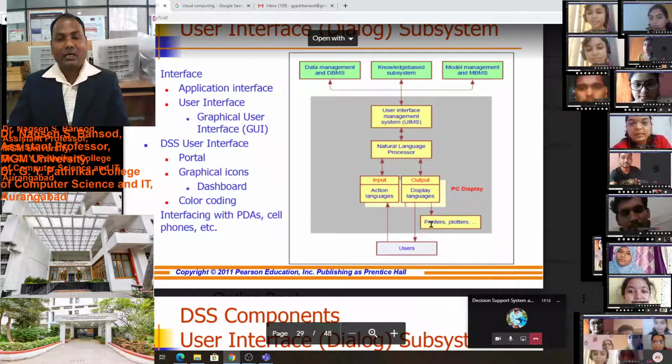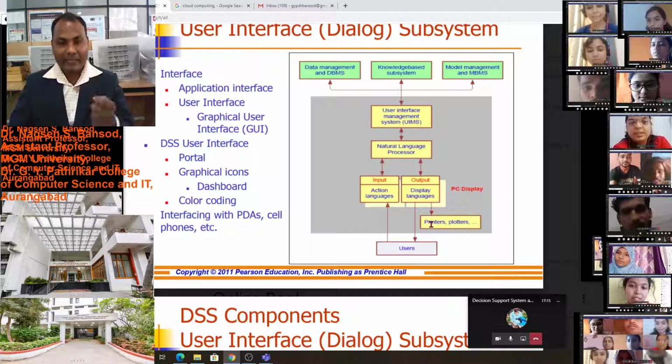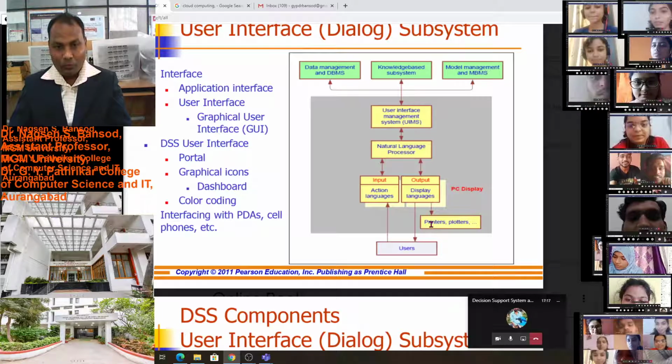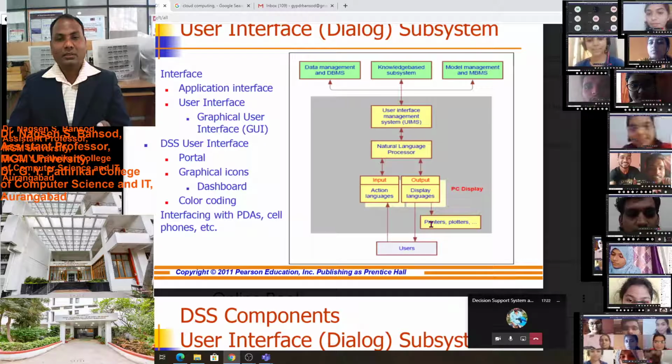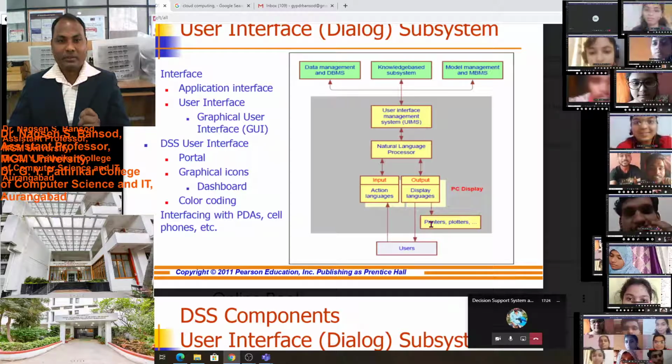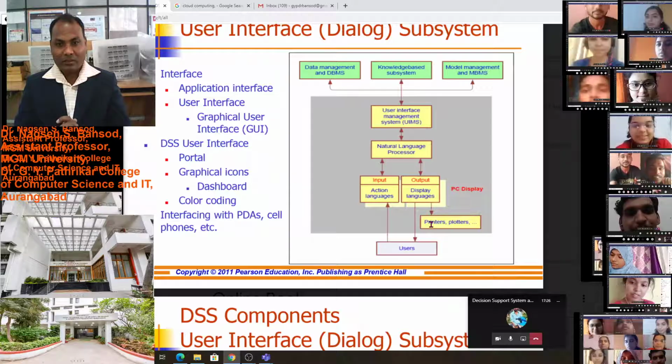You see, with the help of a printer, we can take the printout of the output through the interface management, user interface management.